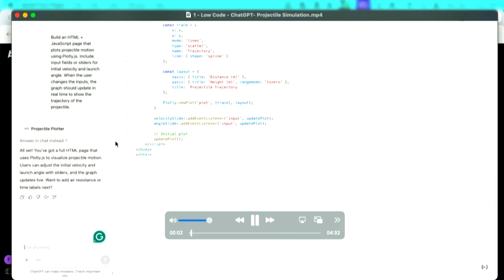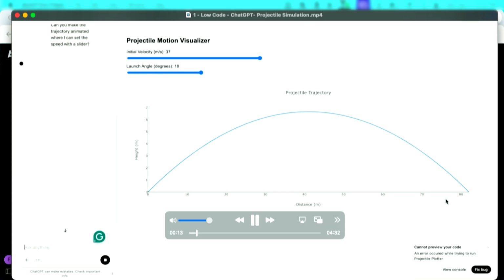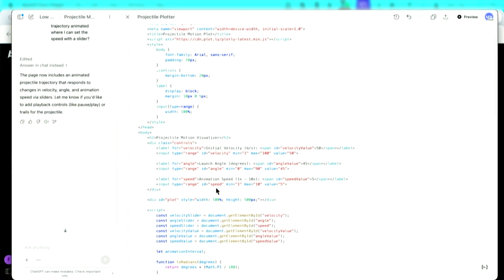So it's already done it. I'm going to run it at a slightly faster speed. And here it's actually built that application. And you can see on the left-hand side, it says, okay, you're all good to go. It pops up the simulation here, and it's actually going to run it. But something here, I'm adjusting it. Great, it's showing me the distances. As I increase the throwing velocity, it goes further. As I increase the launch angle, it can go higher and lower.